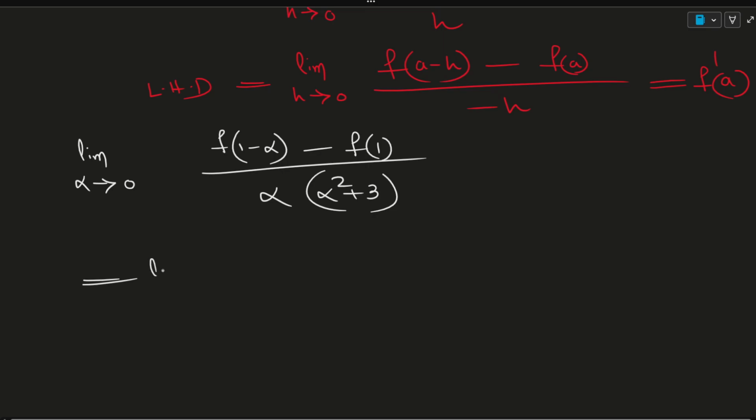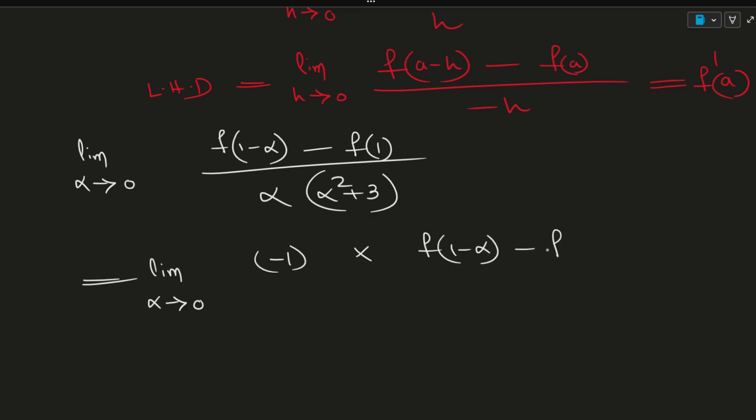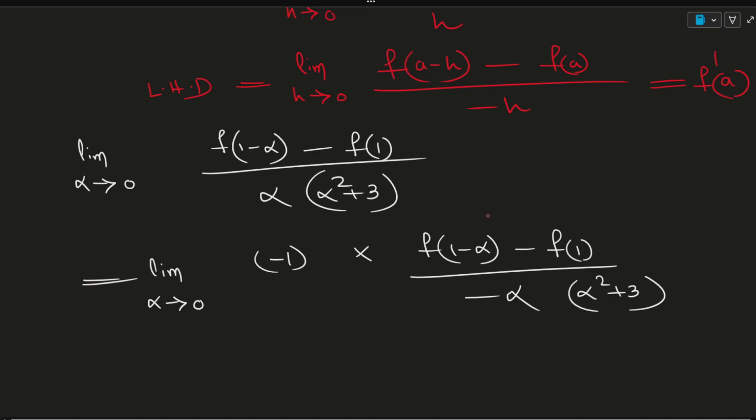Now I will multiply minus 1 in the numerator and in the denominator. So it will be minus 1, just I have multiplied in the numerator, f of 1. So it will be what? Minus alpha. So if we see carefully, only this portion